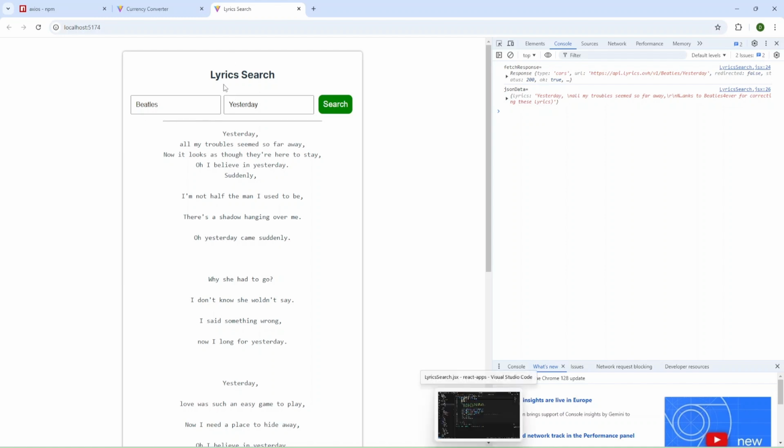You can check the whole video about building the lyrics search application, if you got confused about how the application is working.